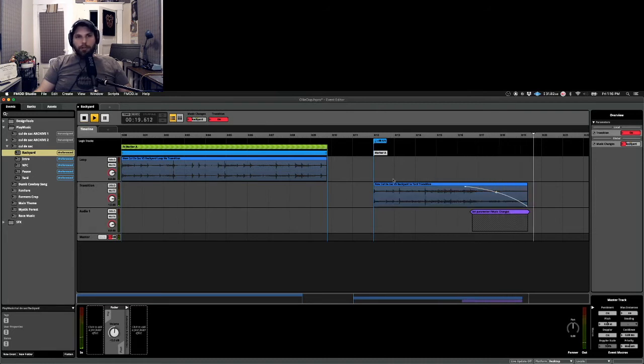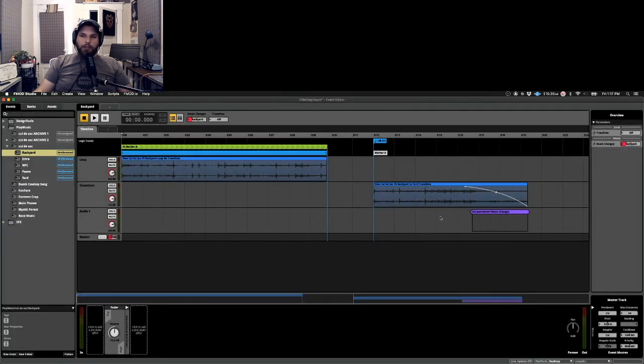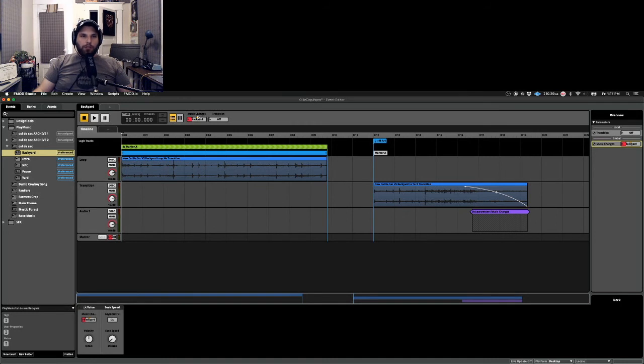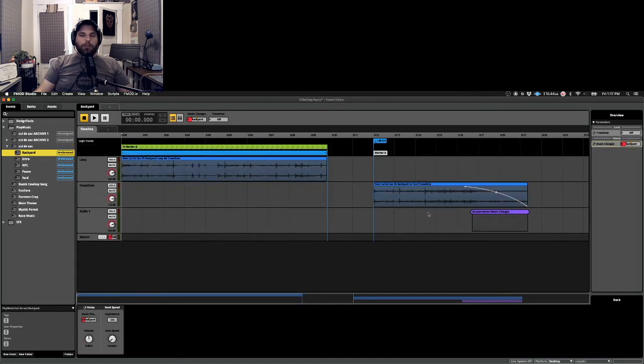So that's going to play to go into the next section. Now, the really cool thing is that version, I'm going to show you what version I'm on here. So in FMOD 2.01, they added these parameter changes that you can set within projects so that it can actually change based on your different global parameters or whatever. So this music changes parameter is actually a global parameter. So that means that if it's being referenced in the other part, it can still change. If I'm changing it within this, it can also change globally, which is really cool, especially for this situation, because